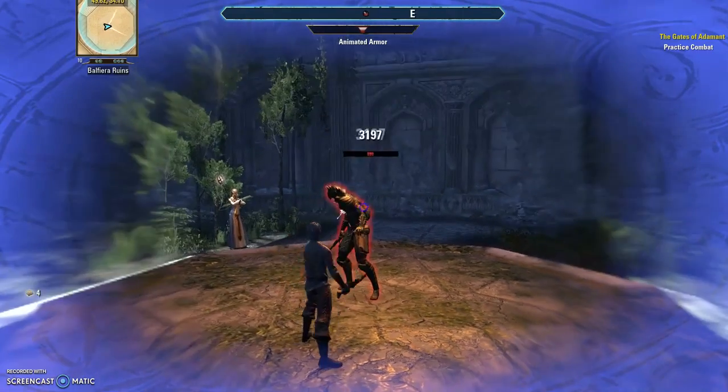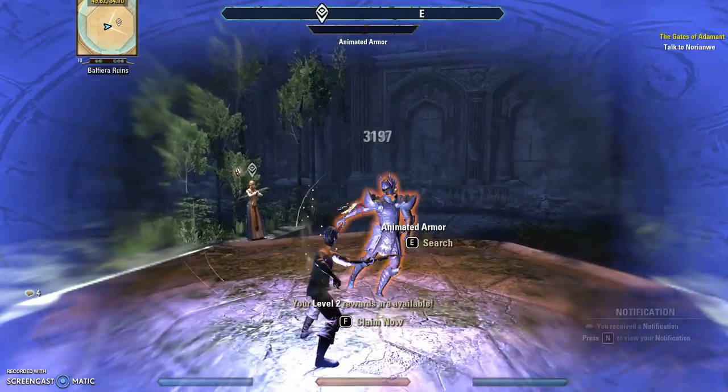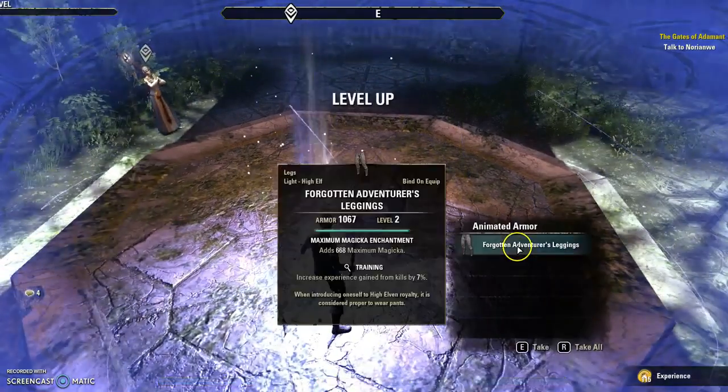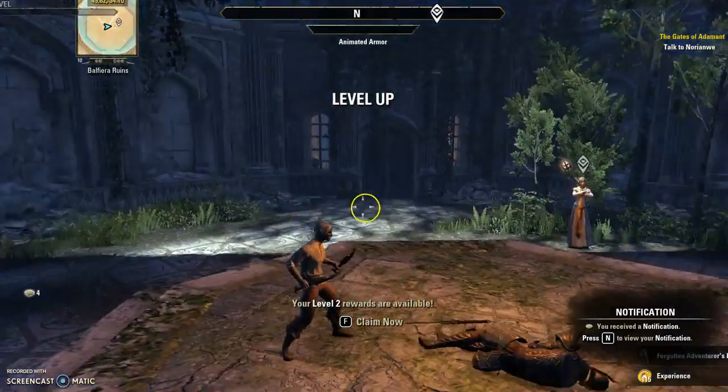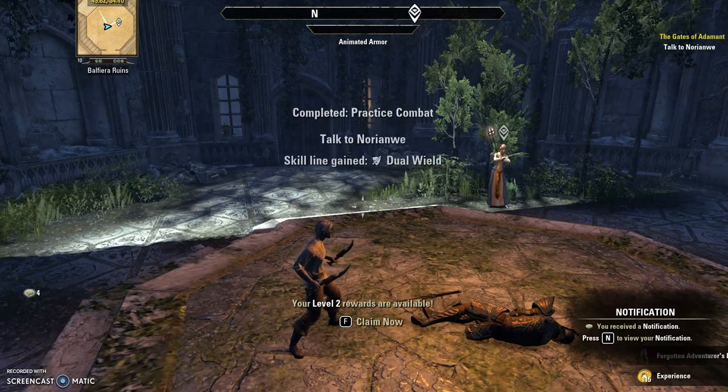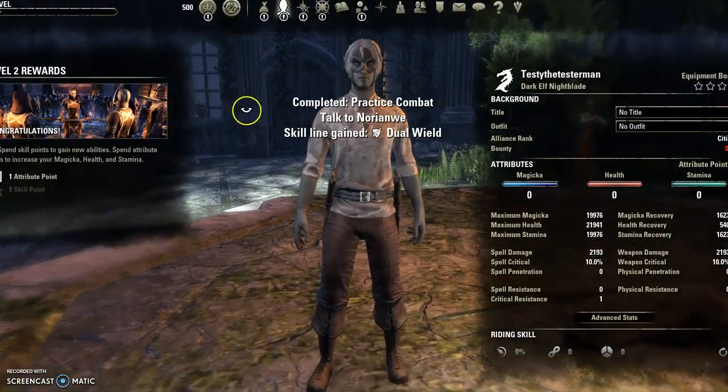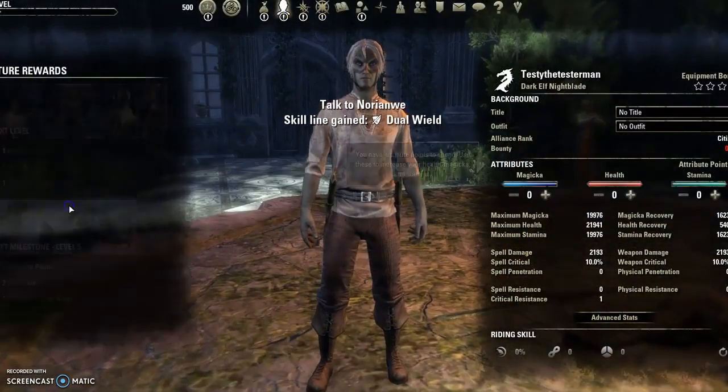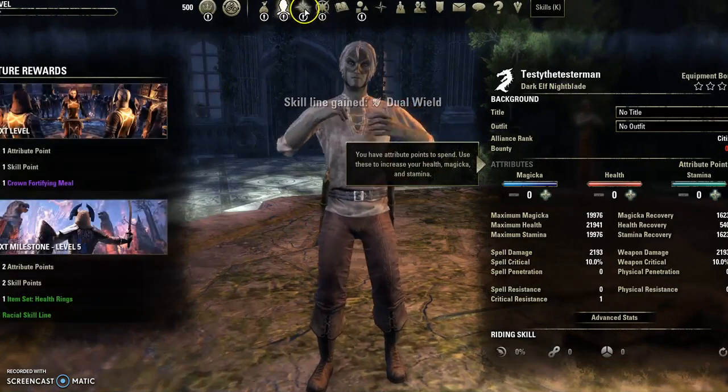It shows you the health bar right there, demonstrating when they're low on health, and when that runs out, the enemy is slain. You can loot them. It gives you a level up. That's your reward for doing this, is leveling up. And we are introduced to our first skill point that we can then